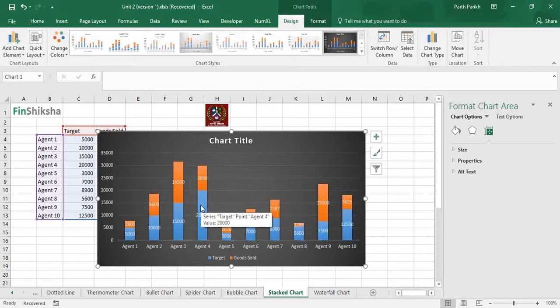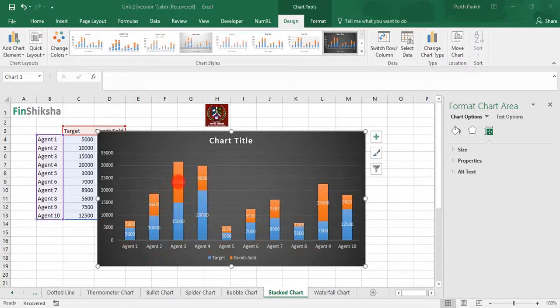So again, this is more like an executive dashboard or executive chart, where I just have to figure out where my agents are lacking. I can directly see that agent 2 is lacking, agent 1 is lacking, agent 5 is probably lacking, and agent 8 is lacking by a big margin, because my orange bar is far smaller compared to my blue bar, so he missed the target completely. But in the case of agent 3, visually it says that it has surpassed the target.